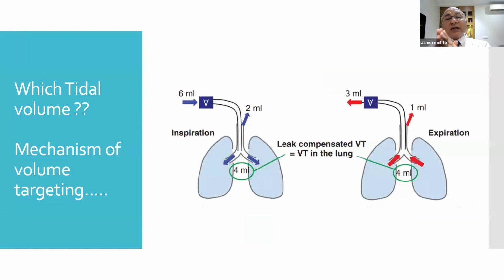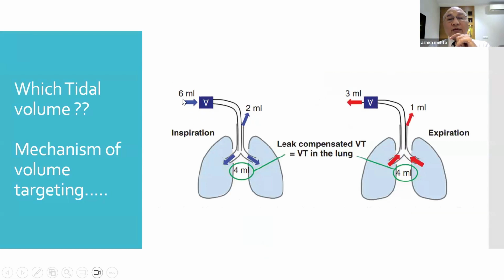Problem is which tidal volume. So what is the mechanism of volume targeting? You can see here, this 6 ml is the tidal volume which is getting in. Because of the 2 ml leak, only 4 ml is reaching here. So when you target inhaled tidal volume, that means ultimately we will get 4 ml. That means the baby is going to get less tidal volume when you are using inspired